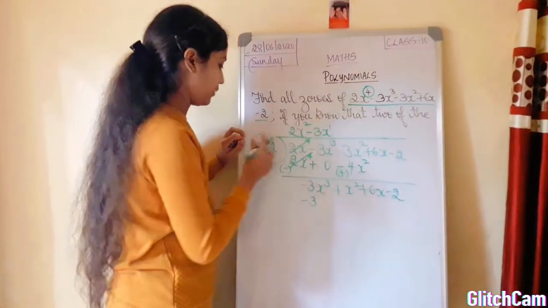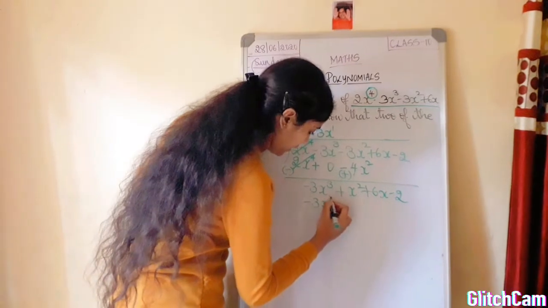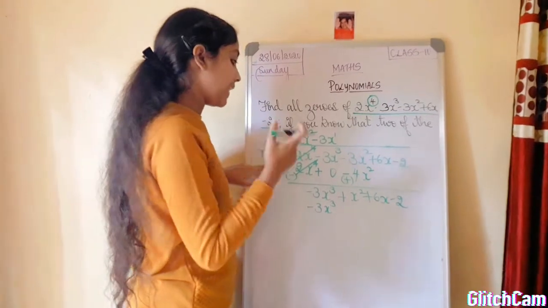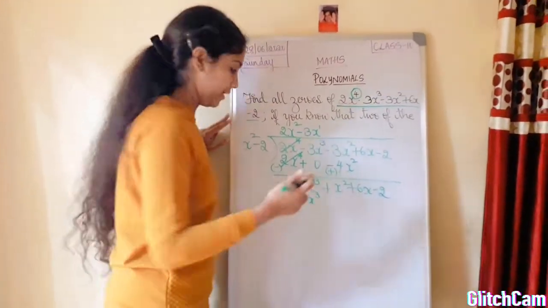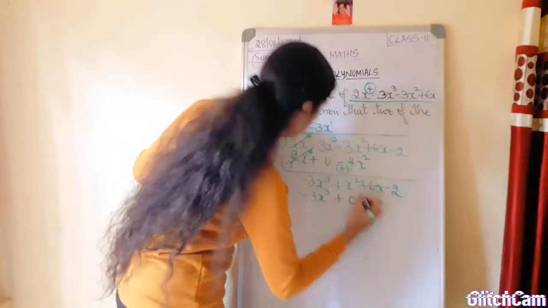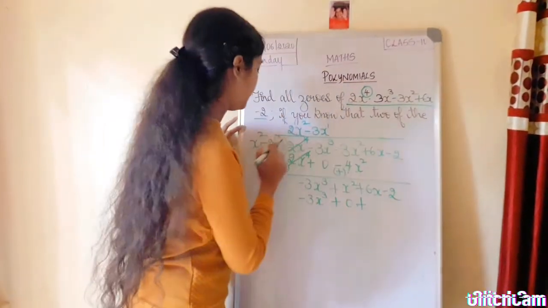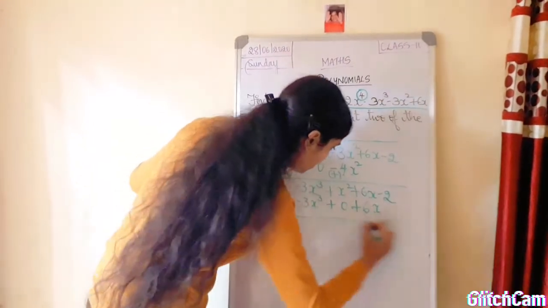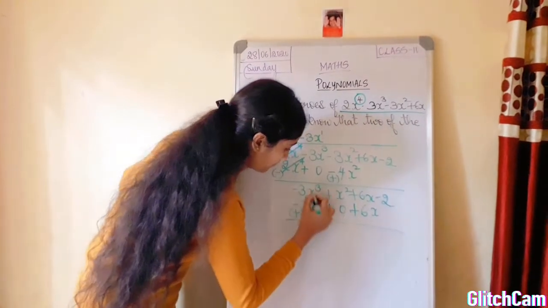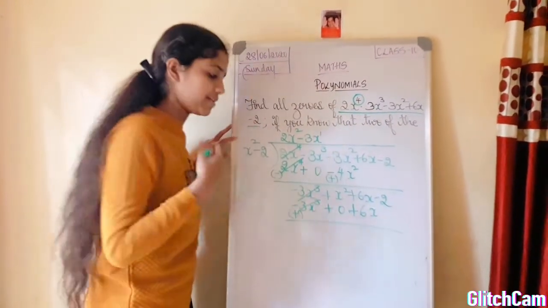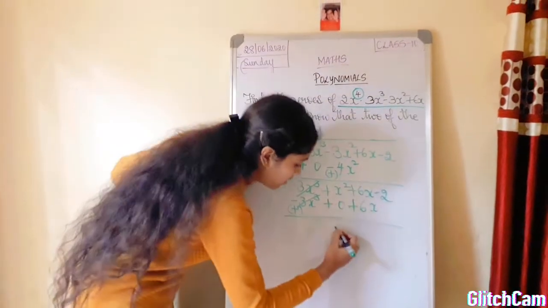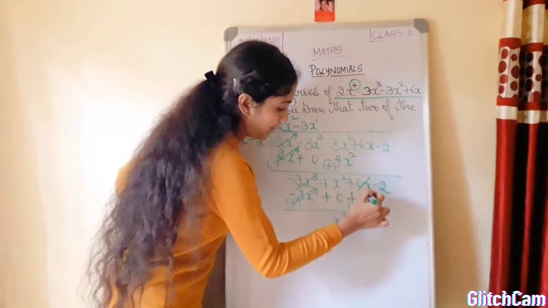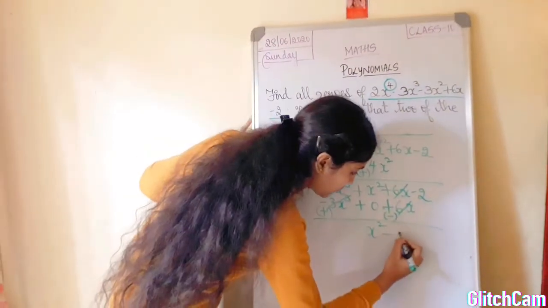x power 1 into x square is x cube. Next you have minus into minus plus x power 1. But here you want x square. So plus 0, minus into minus plus 3 2's 6x minus 2. So let that be the same. Now change the sign, you get plus. Minus 3x cube plus 3x cube gets cancelled. You have same x square, so just write it as x square. Now change the sign over here as well. Plus 6x minus 6x gets cancelled and you get x square minus 2.